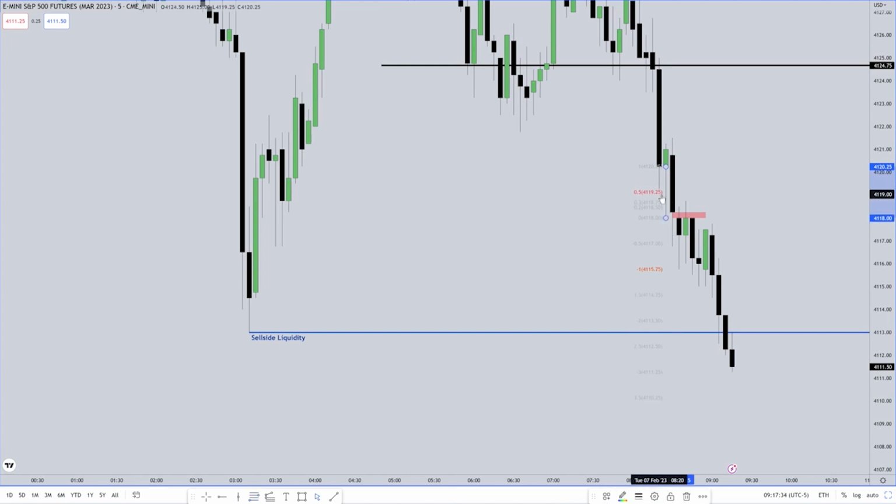What's that price? It's consequent encroachment. Wait a minute. You said that's for gaps and fair value gaps. Yes. A wick is a gap. To an algorithm, they view a wick as a gap. Midpoint of that is consequent encroachment. What price is that? 41.19 and a quarter. So my stop would have to be above that, trusting that it would not go above that. That's stop management. That's how you understand what you're looking for. And we got about